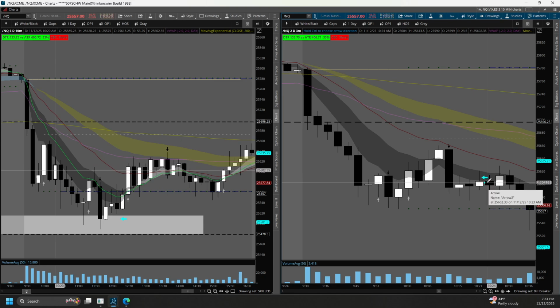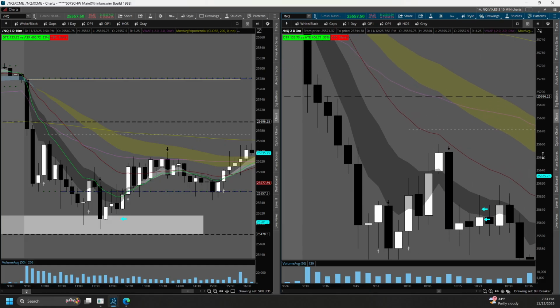So it captures 7 points. It pulls back to where they would have been stopped for sure. I didn't see a re-entry on that chart. And then, of course, it gives the move that ultimately we're hoping for. The best takeaway I would have from this is the true patience in waiting for the ideal setup.